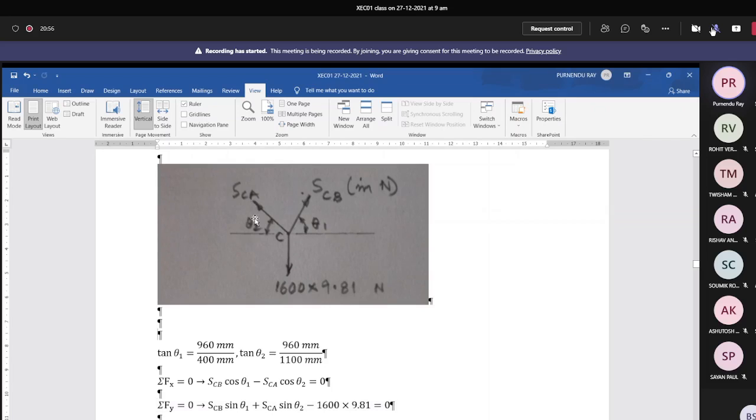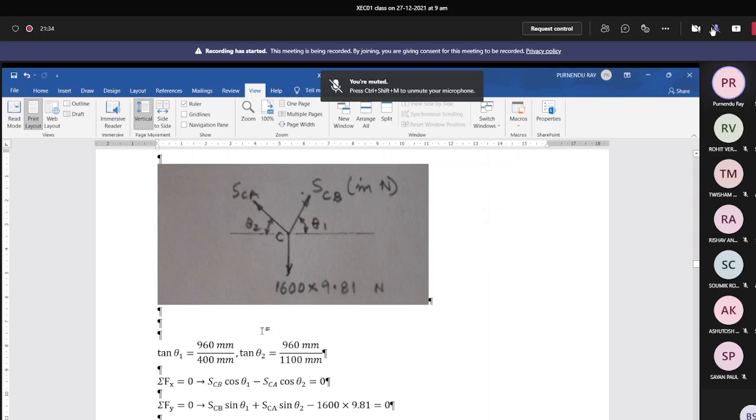That's all. So by that analytical method, we can find the relation between SCB and SCA simply this way. Take this SCA cos theta 2 on the right hand side and find the ratio. So SCA divided by cos theta 1, that means SCA divided by sine of 90 plus theta 1. Then the other thing, from cross multiplication, SCB divided by cos theta 2, so SCB divided by sine of this full angle, 90 plus theta 2.